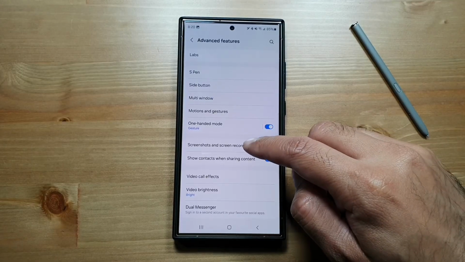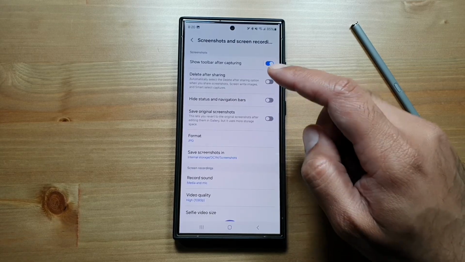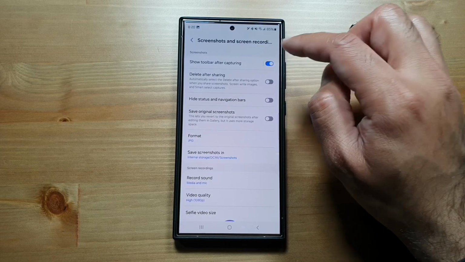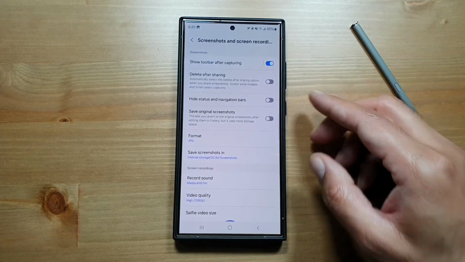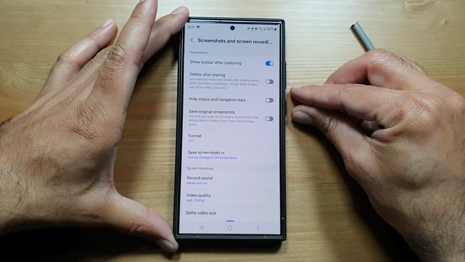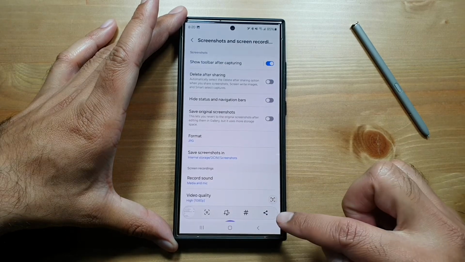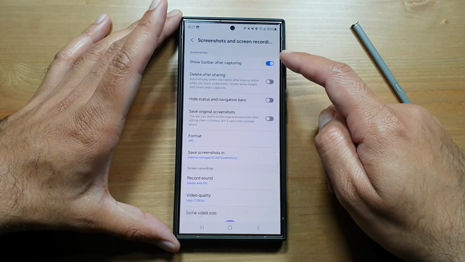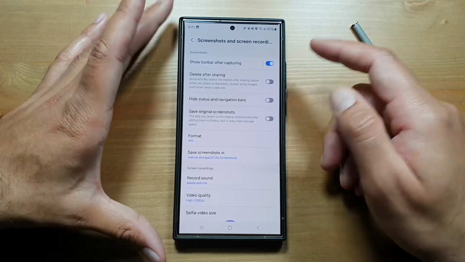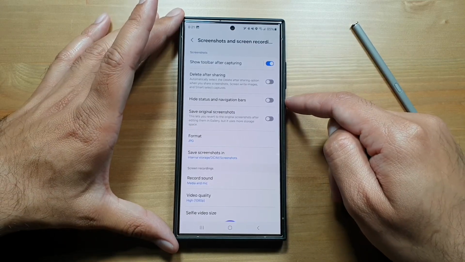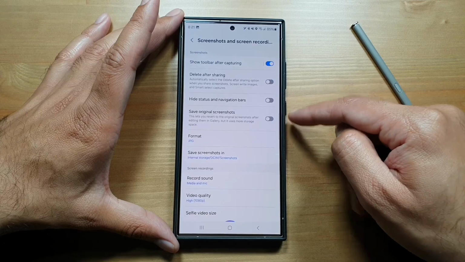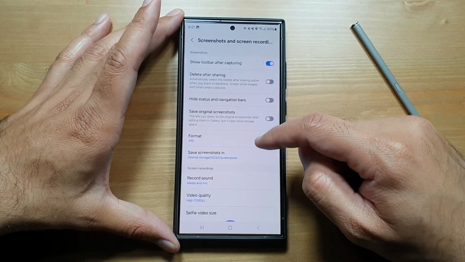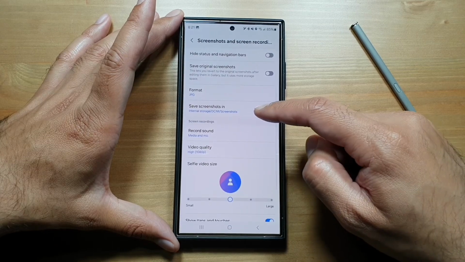Moving on, we have screenshots and screen recording. So if we go in here, you can turn on the toolbar for screenshots after capturing the screenshot. So if I take a screenshot, this toolbar that shows up down here is basically the toolbar that you turn on from here, or you can turn it off. You can turn on delete after sharing, hide status and navigation bars in your screenshots. You can set it to save original screenshots, and then you can also change the format and the location where